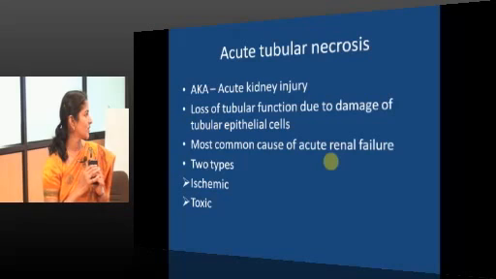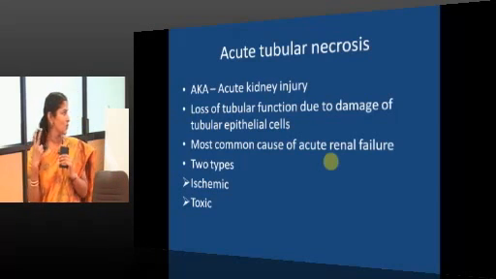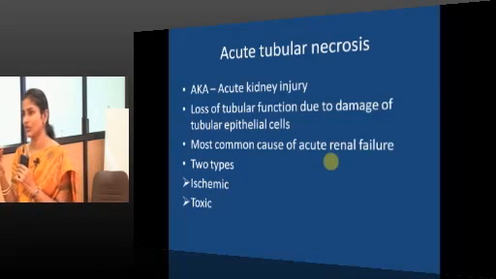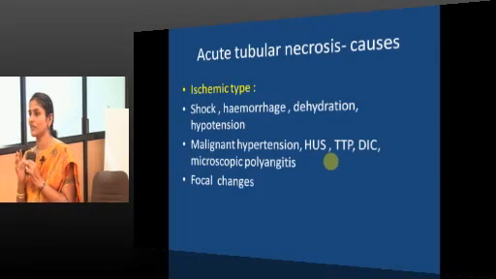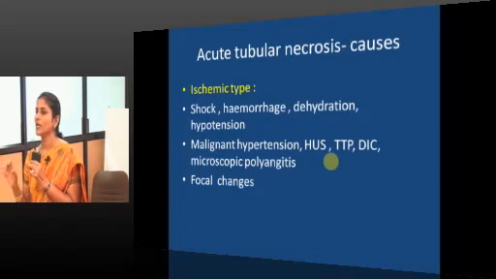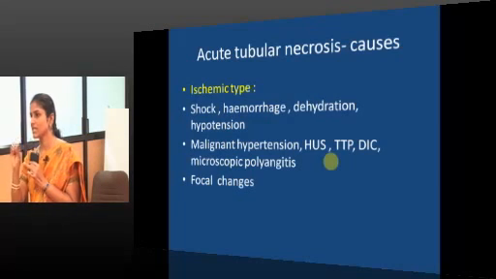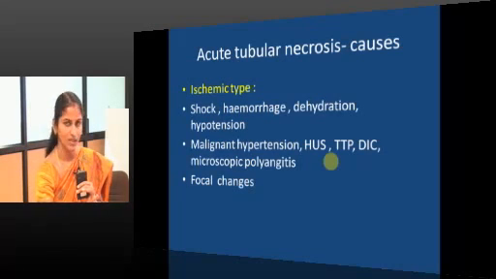So, the most common cause of acute renal failure is acute kidney injury or acute tubular necrosis. Two types are there, ischemic and toxic. Ischemic type will result when the vascularity to the organ is compromised. When the vascular supply to the organ is cut off, either due to global hypotension or global hypovolemia, or when some pathology affects the vessels that supply the tubules. So, whatever it is, when the vascularity is cut off, the tubules will go in for necrosis, the resultant ischemic type.